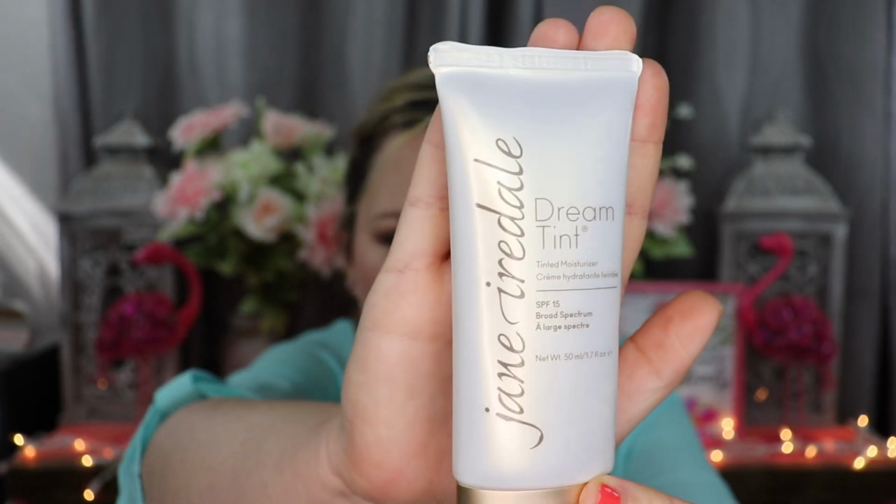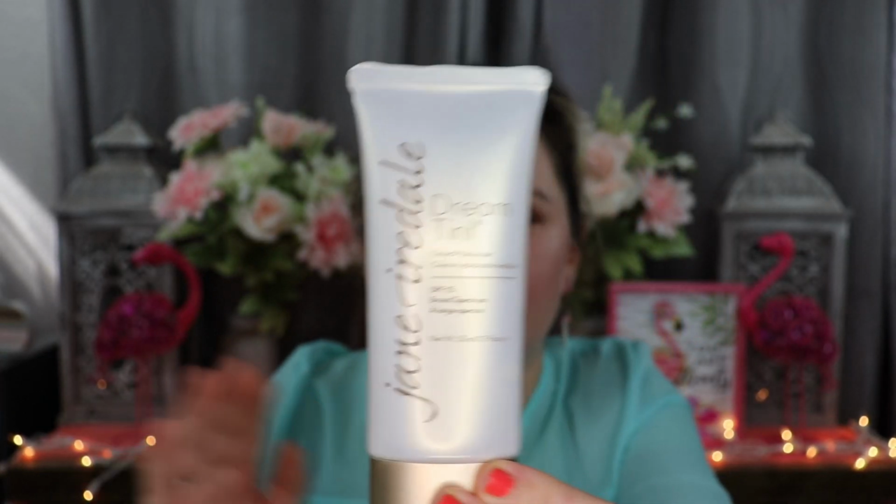So this guy, it has so many wonderful things about this. I'm just gonna read you a little bit about it on the Ulta website, just because it really intrigued me, because all the things in this just sounded amazing to me. So this is a 1.7 ounces and it retails for $44. And it says, this is a tinted moisturizer that not only hydrates and provides sheer to medium coverage, but also